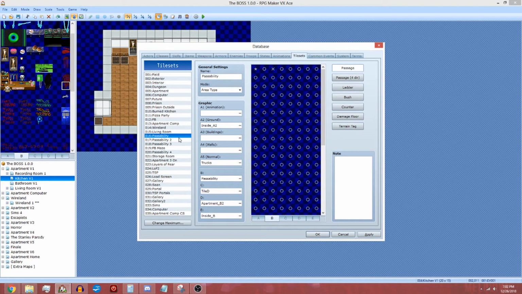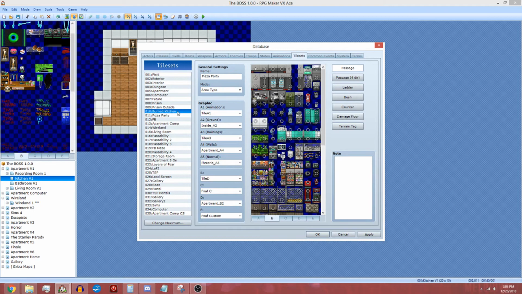Passability, I'm not going to go over that right away. That is very parallax related, and parallaxes can be a little bit confusing. Basically, I'm not going to make another tutorial unless people really want me to go over how to do certain things. I'm sure this is a very boring video to anybody who doesn't really know much about